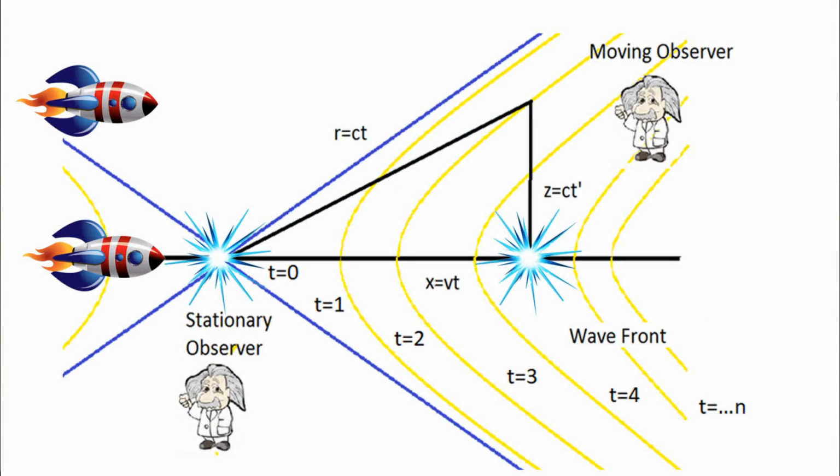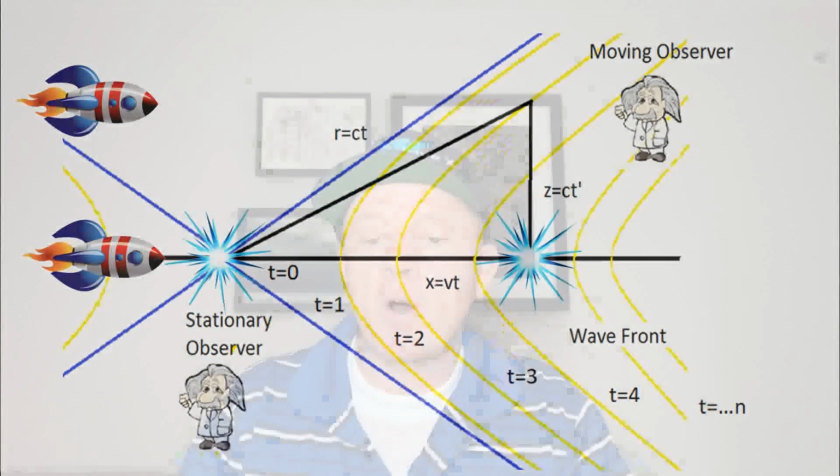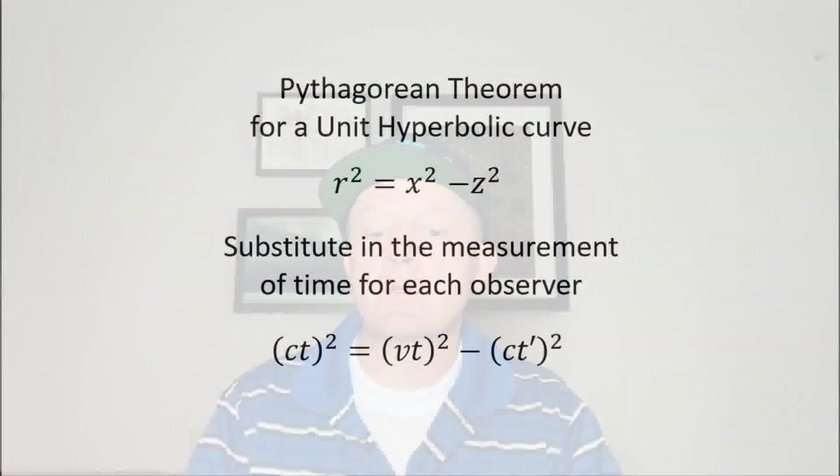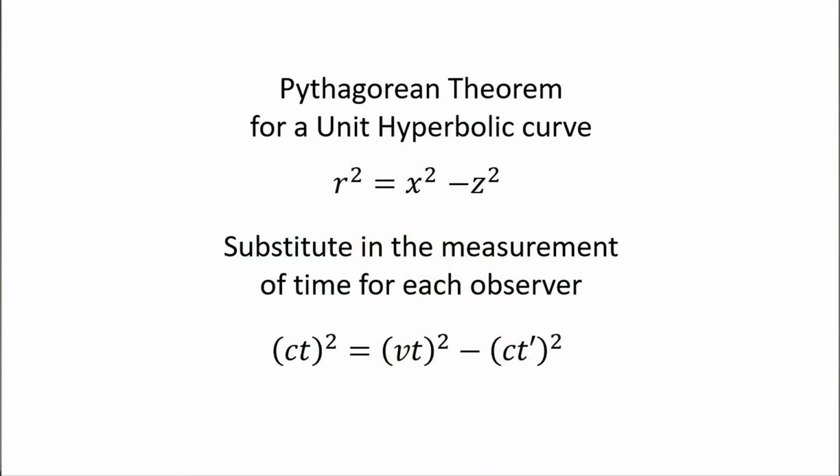However, the relationships between the hypotenuse and tangent are all going to be different. We use the Pythagorean theorem for a unit circle for lower than light speeds. In this case, we're going to use a unit hyperbolic tangent function to relate each of the legs of the